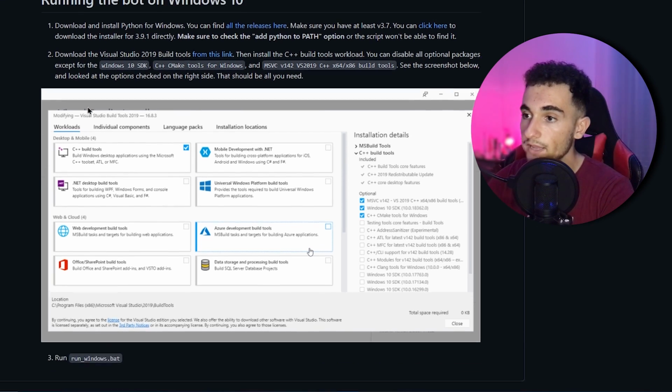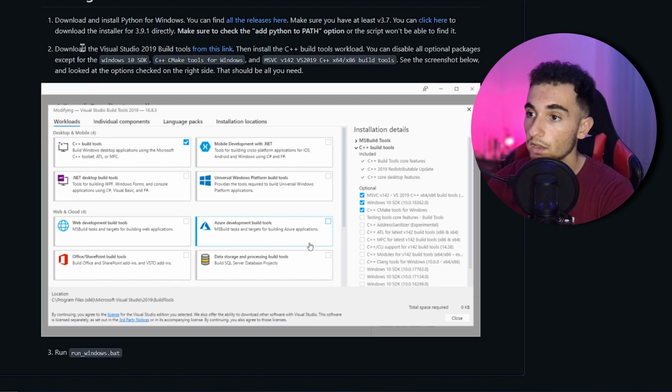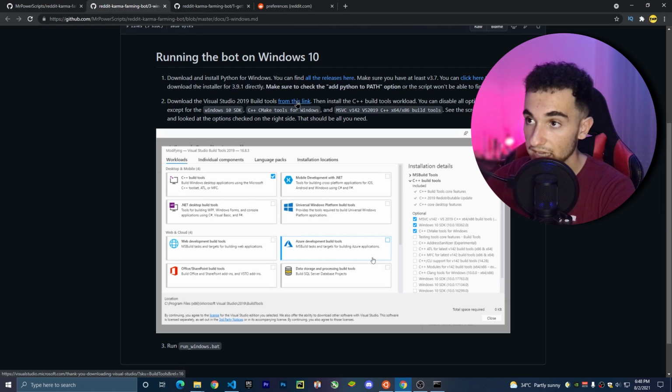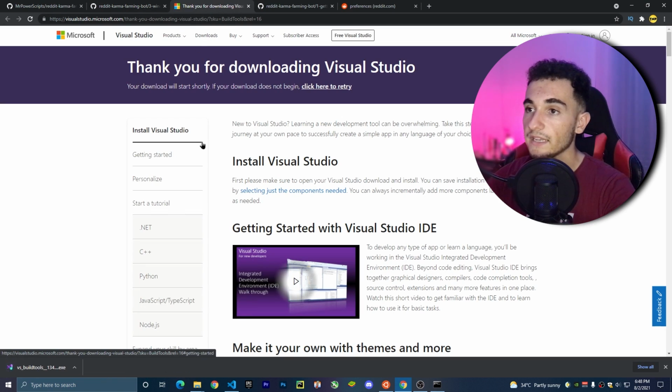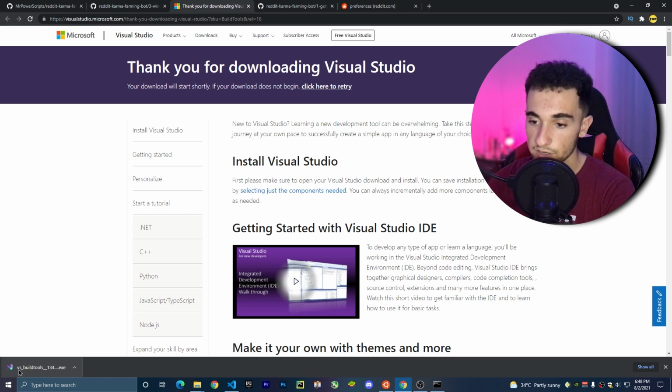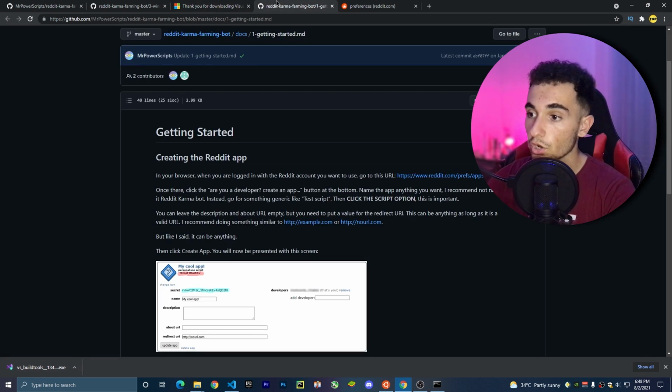So just go here and click on this, download the Visual Studio 2019 build tools. Click on this link, and then it will immediately start the download. And here is the download. Just click on it, run it, click yes, and after running the installation, it is going to show you